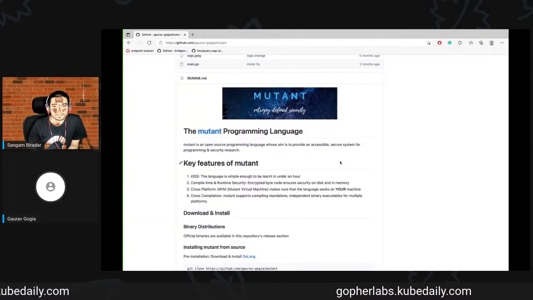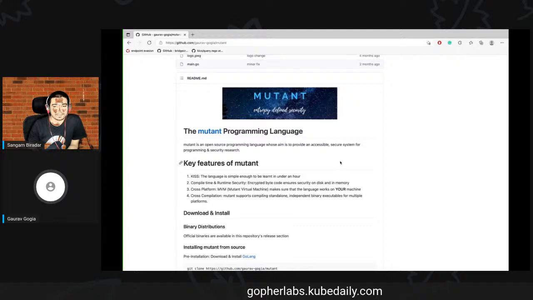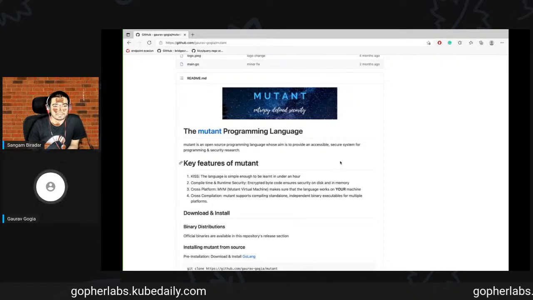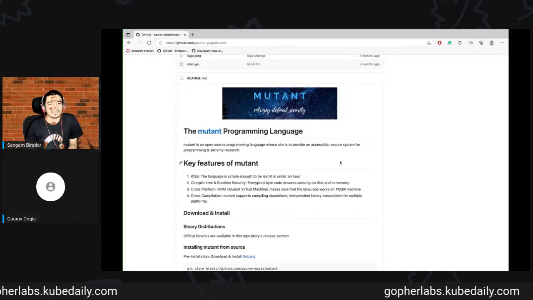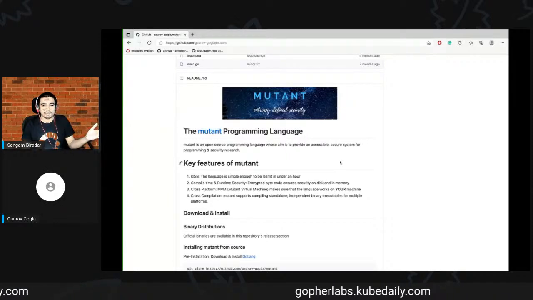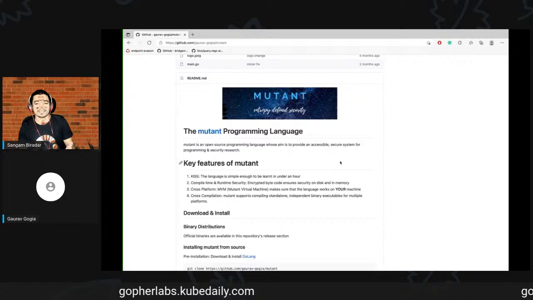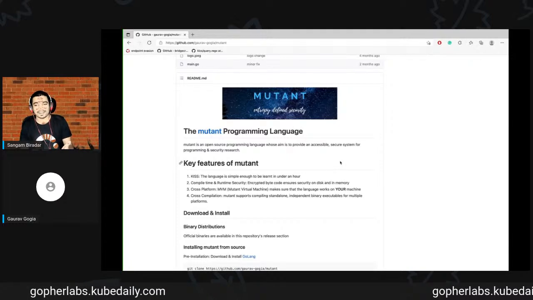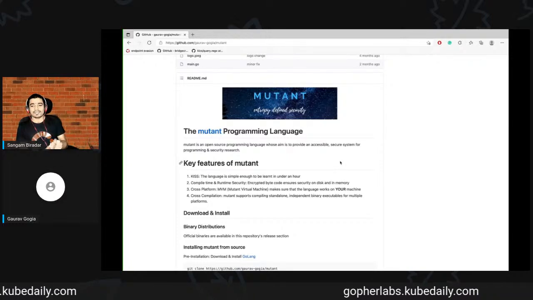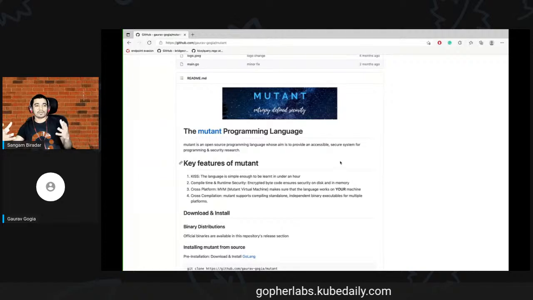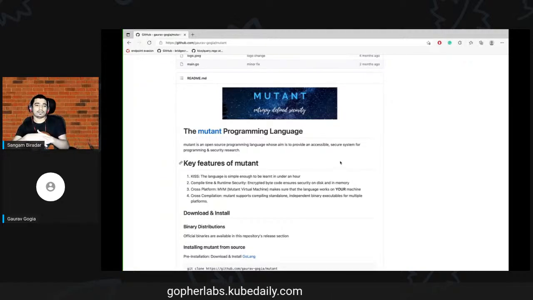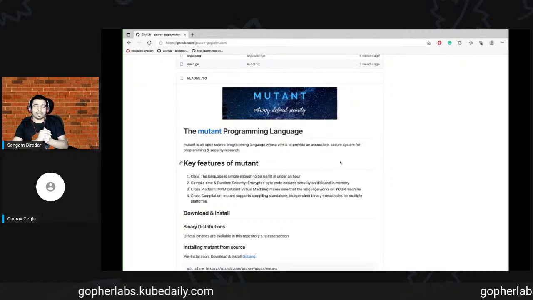About the second question, it is slower than Go, right? It is built on top of Go. It's sort of an abstraction layer on top of Go. So Go itself is faster. But Go has minimal dependencies, not like other programming languages.